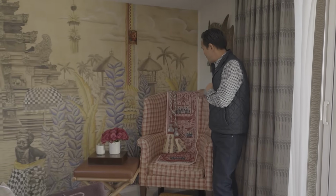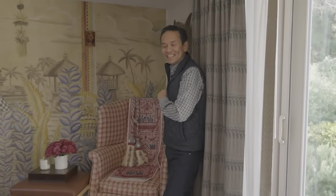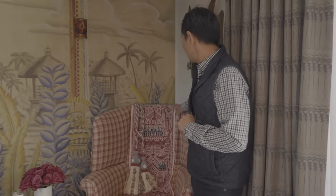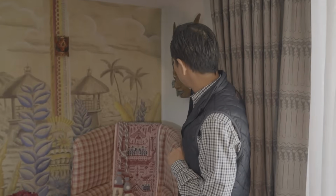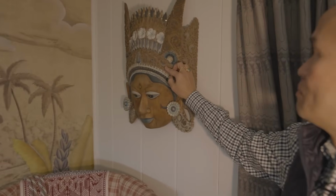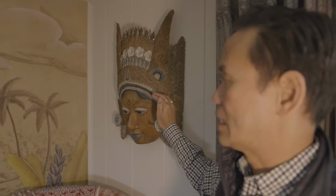Here is a gift from my childhood doctor's wife from my hometown, when I saw her last with my mom and dad just during the pandemic. She brought it from my home province in Sumatra in Lampung, and it just means so much to me. There is this antique Balinese hand carved. Look at how intricate the carving is, but the color is absolutely beautiful, and this is what inspired the coloring of